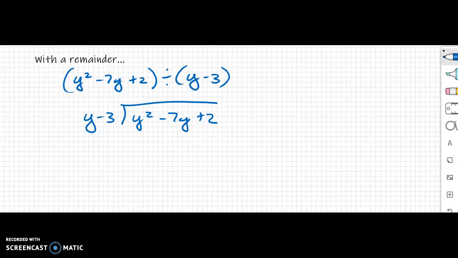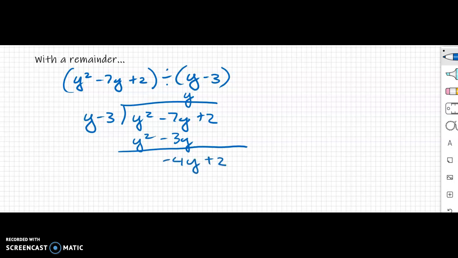I'm going to ask myself, how many times does y go into y squared? So it goes y times. So I'm going to line up my y's with my term that just has the y on it. Then I've got y times y is y squared. Y times negative 3 is minus 3y. I'm going to subtract, being really careful with the negatives. Negative 7 minus negative 3 is the same as negative 7 plus 3, so that's going to be negative 4y